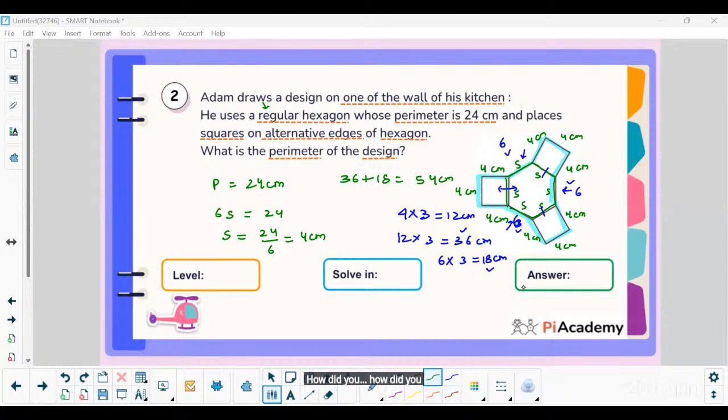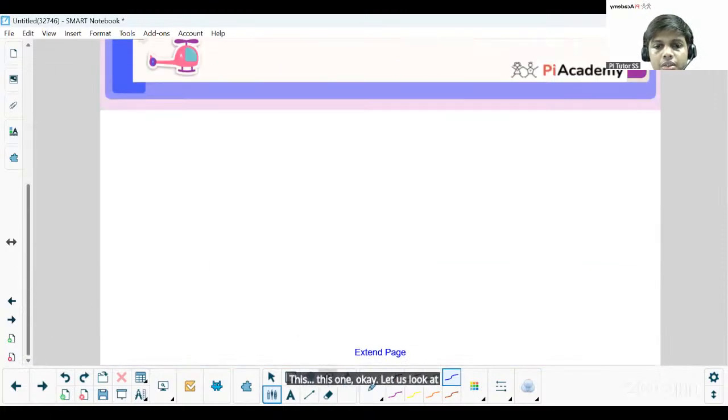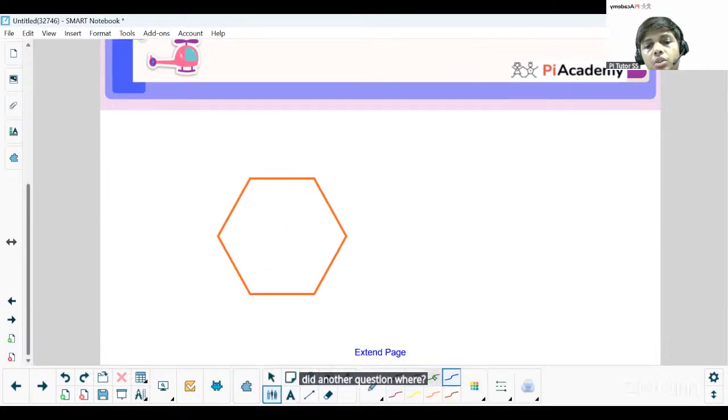How did you get the 6 there? I don't understand how you get the 6 there. This one. Okay. Let us look at a hexagon. Imagine that this is the hexagon that you are presented in the questionnaire. Now you already know the perimeter is equal to 24